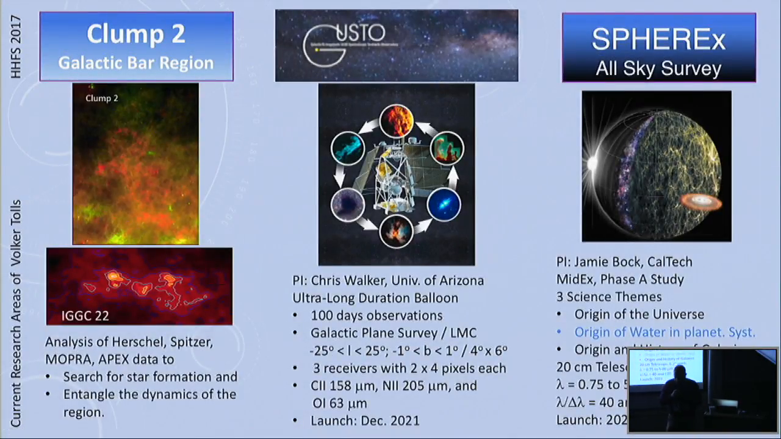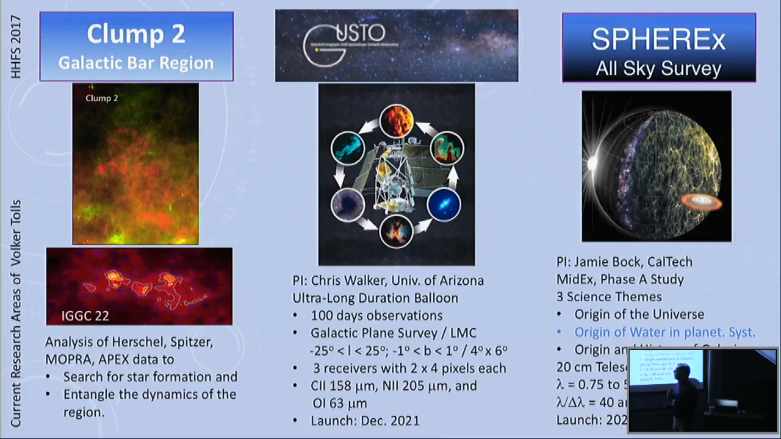Okay, hello everybody. I'm Volker Tolls, and I'll just give you a quick overview of the primary projects I'm working on, which take about the first 200% of my time. And the first one is a Herschel analysis of the Clump 2 region in the galactic bar, located at about a longitude of 3 degrees. It's a very complex region. If you look at the CO 1-0, you find emission from 0 velocity to about 200 kilometers per second. So it's really hard to